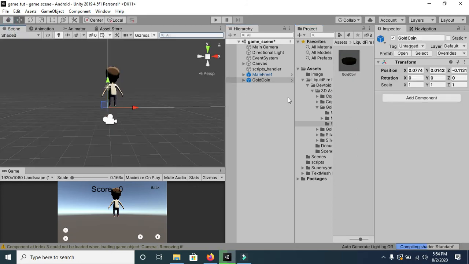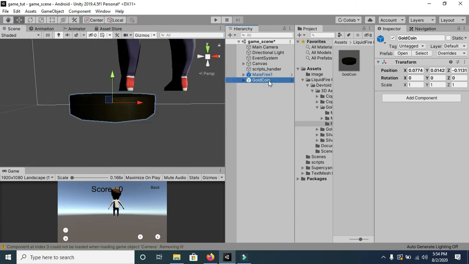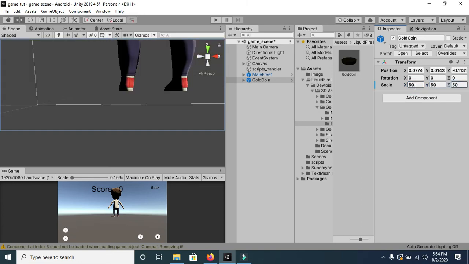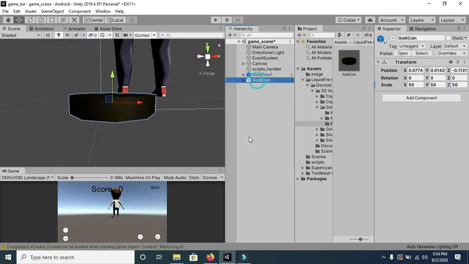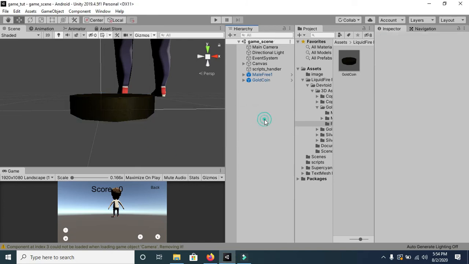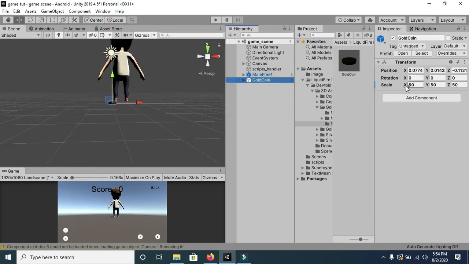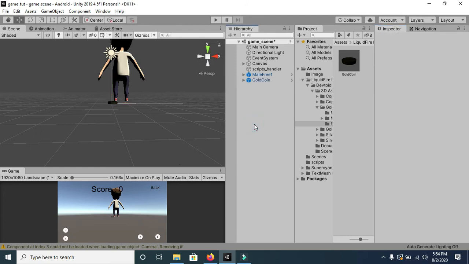This coin asset is also too small, so we will scale it up. Now I think it is fine. It is visible, or you can increase it more. Save it.